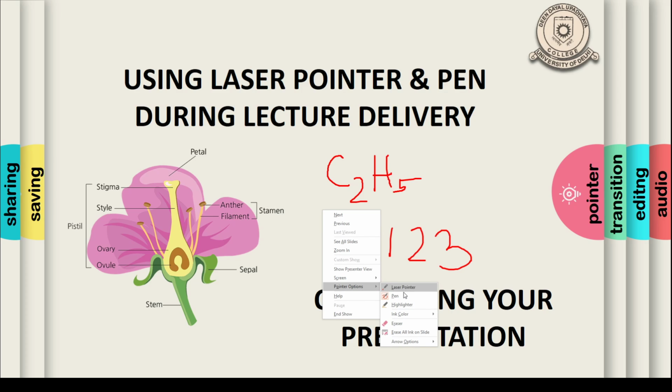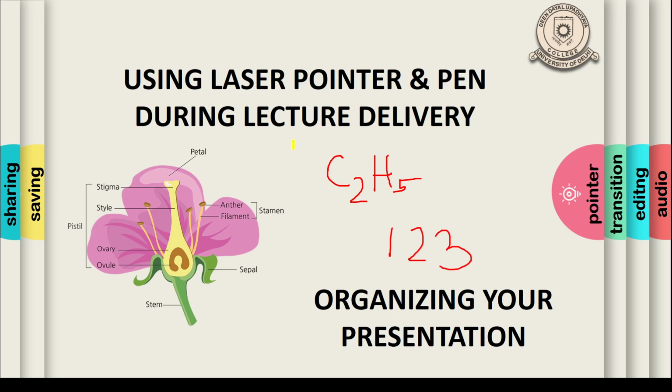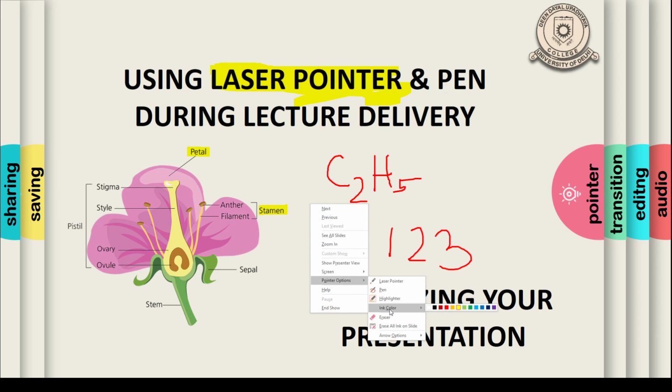Again, under the pointer options, you have an option for highlighter. If you select this, suppose I want to highlight a particular word, I want to emphasize something, I can use a highlighter and I can highlight that part. Suppose I want to highlight the use of laser pointer. So I can use a highlighter, and this is how I can do it under a normal recording also. Suppose you are recording a lecture and within the lecture you want to explain something, you have the freedom of using a pen, pointer or even the highlighter. You can even change the color of these by using this ink color option.